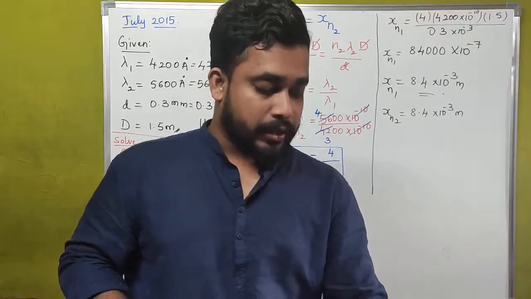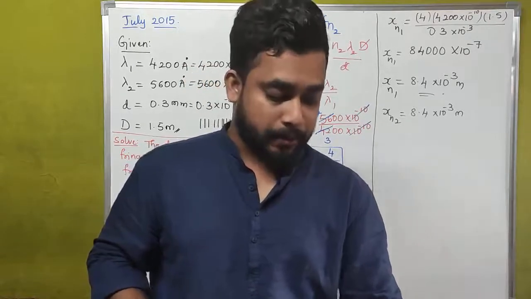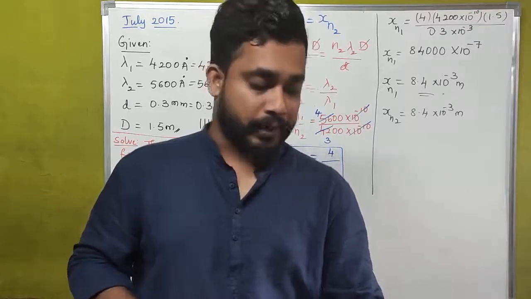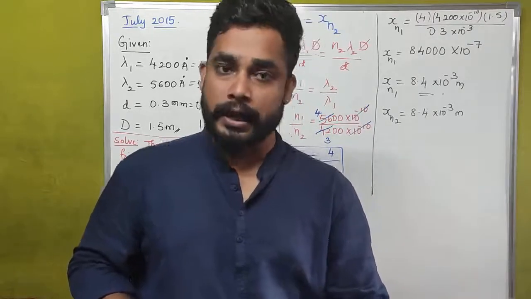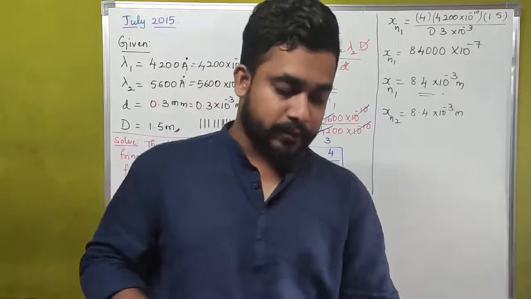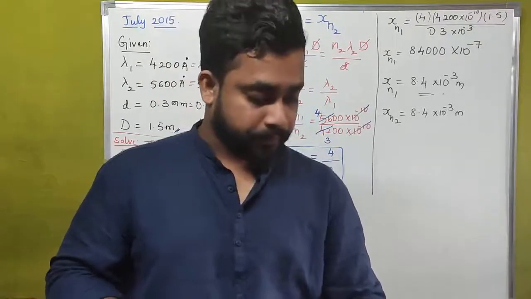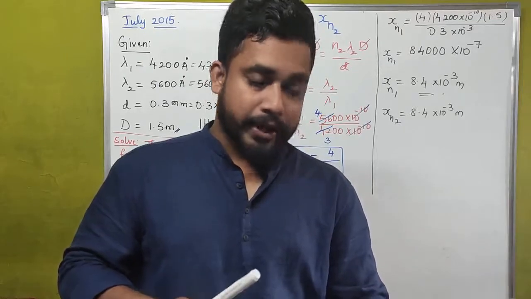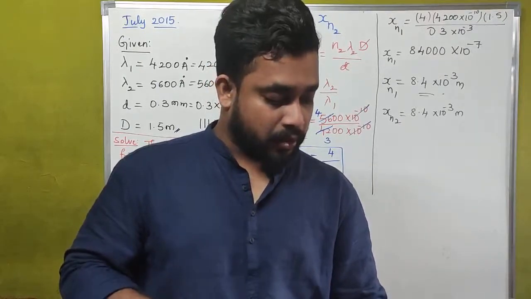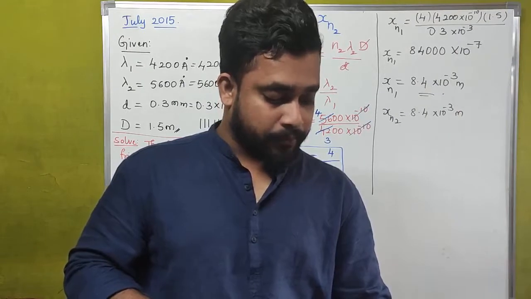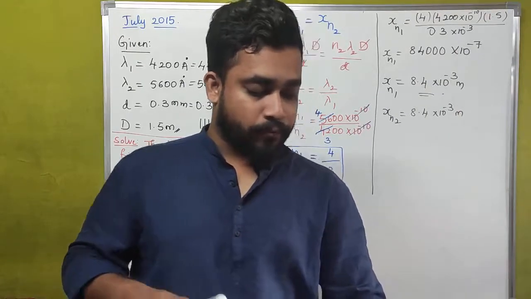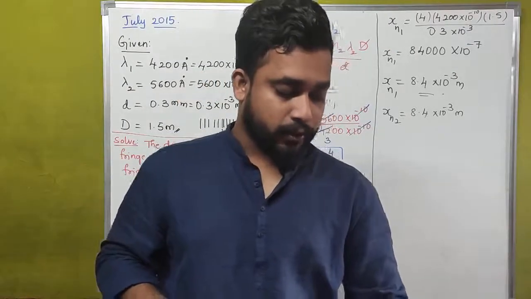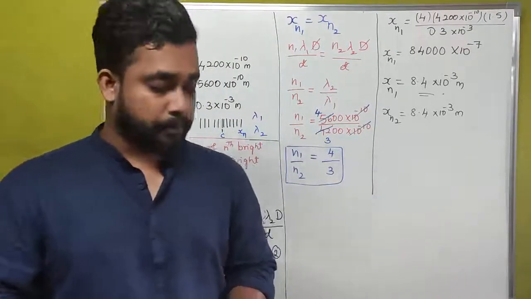Here, in Young's double slit experiment, while using a source of light of wavelength 4500 Armstrong, the fringe width is 5 mm. If the distance of the plane of the slit is reduced to half, what should be the wavelength of the light to get a fringe width of 4 millimeter?